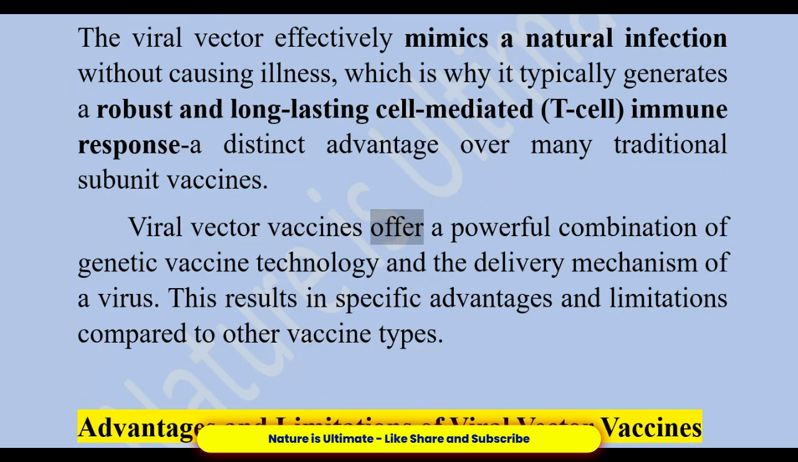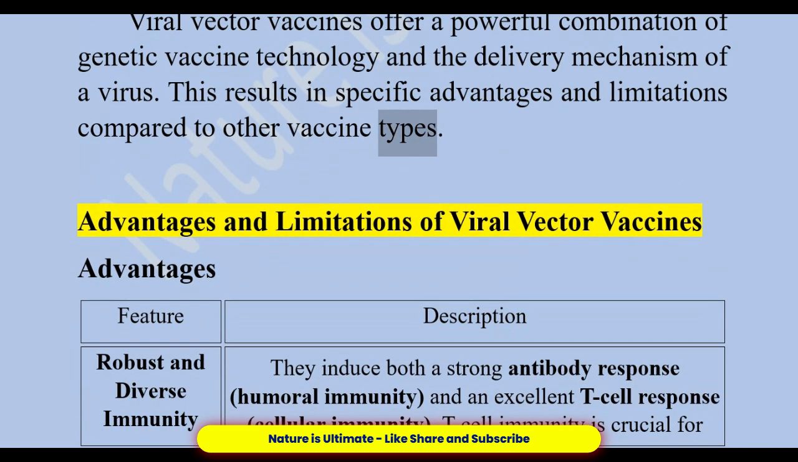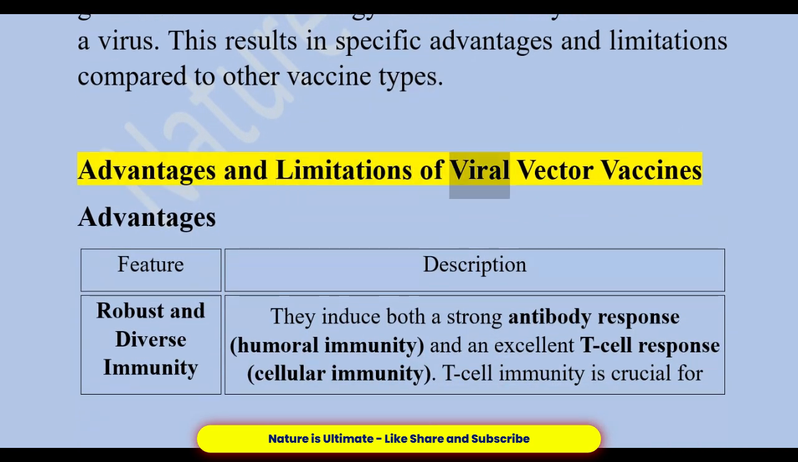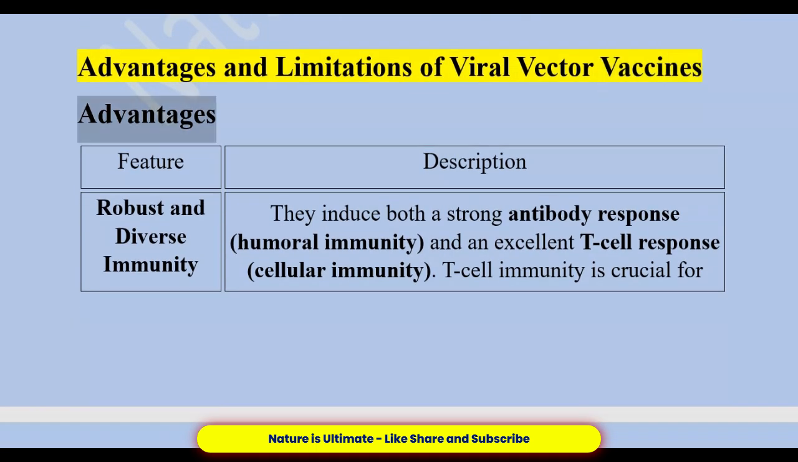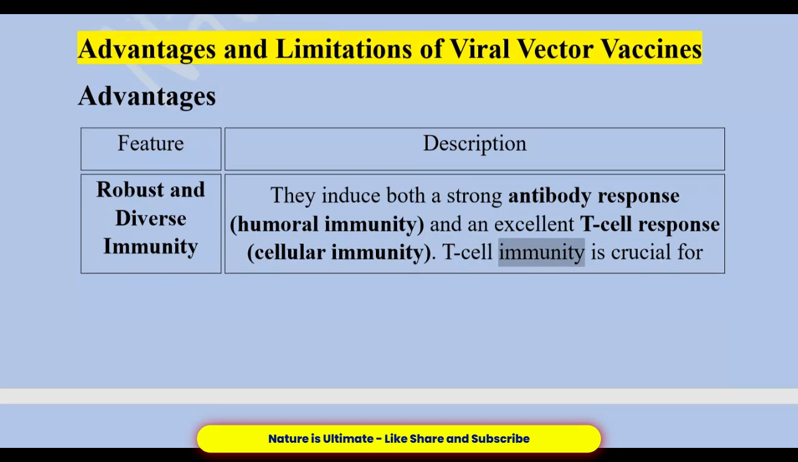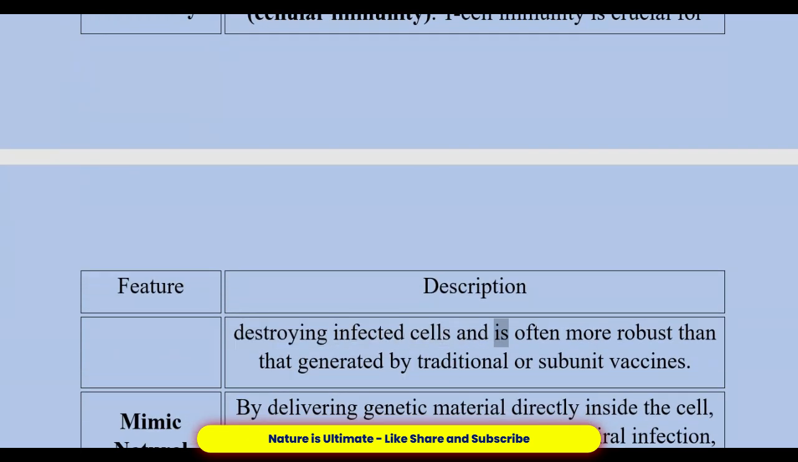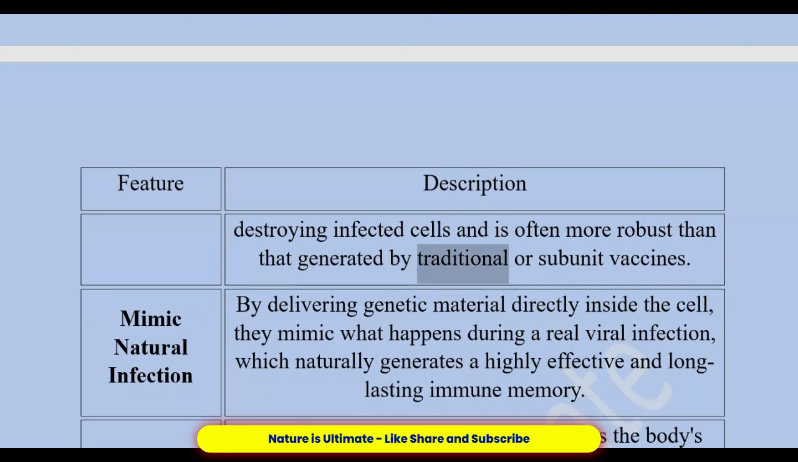Viral vector vaccines offer a powerful combination of genetic vaccine technology and the delivery mechanism of a virus. This results in specific advantages and limitations compared to other vaccine types. Advantages and limitations of viral vector vaccines. Advantages. Feature. Description. Robust and diverse immunity. They induce both a strong antibody response, humoral immunity, and an excellent T-cell response, cellular immunity. T-cell immunity is crucial for destroying infected cells and is often more robust than that generated by traditional or subunit